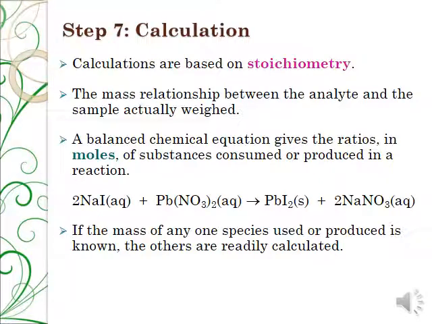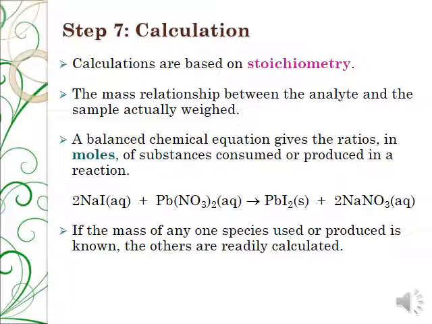Okay, next we continue with the last step, which is calculation. Calculations are based on stoichiometry, so the mass relationship between the analyte and the sample. A balanced chemical equation will give the ratio in terms of moles of the substance consumed or produced in a reaction. So if the mass of any one species used or produced is known, then the others are readily